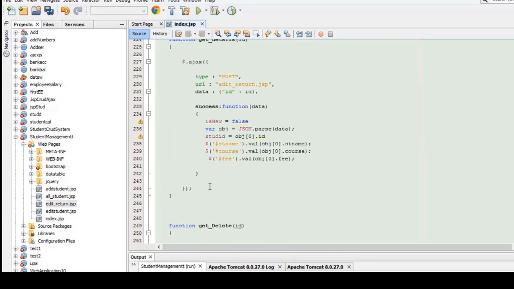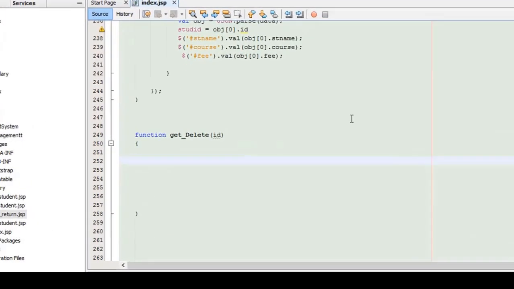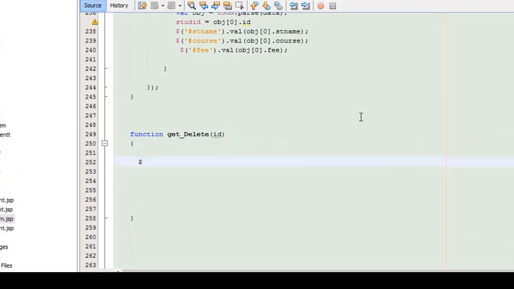When you click the delete button, it goes to the function along with the ID. So here I am going to create the AJAX function. You have to write AJAX. Inside it, first I am going to write type: post, because you have to post the ID. After that, which URL you are going to post to, you have to specify the URL name. I am going to specify the URL deletestudent